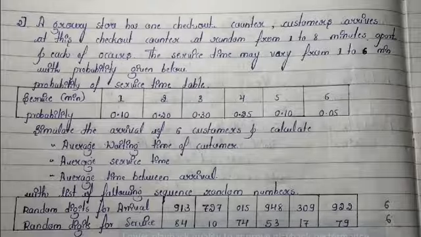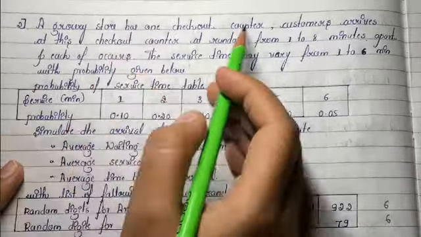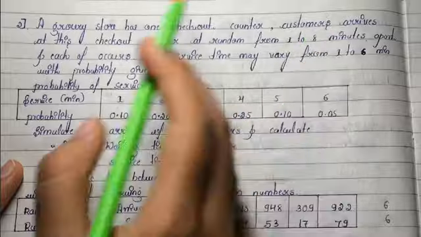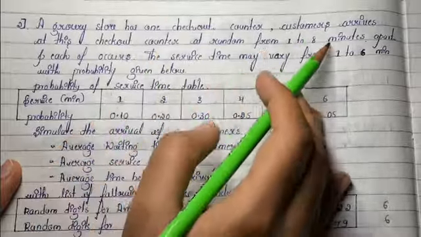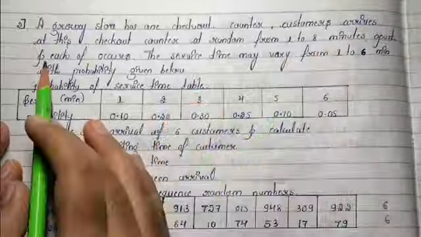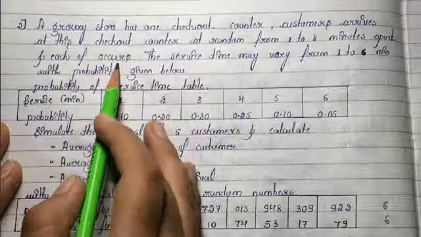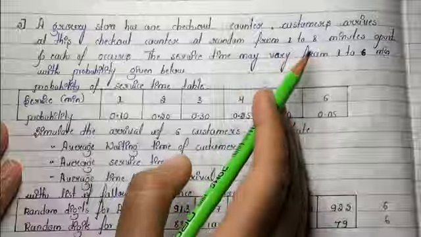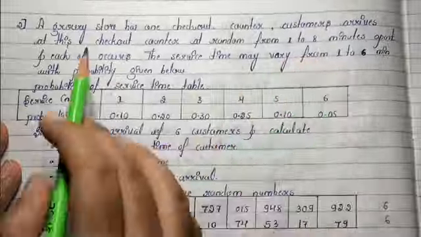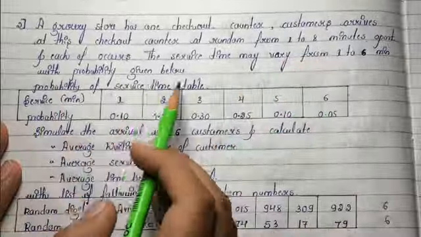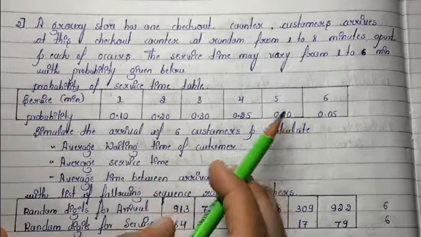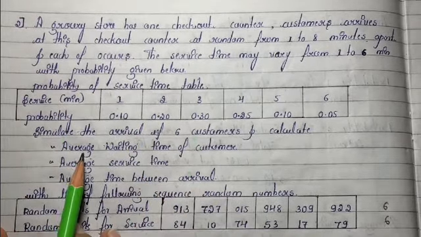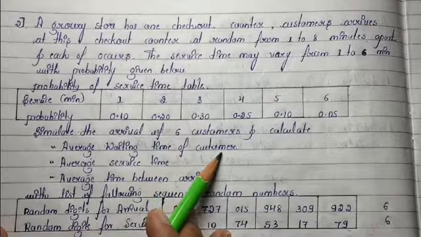This is a question for a single channel queuing system. That is, a grocery store has one checkout counter. Customers arrive at this checkout counter at random, from 1 to 8 minutes apart, and each value occurs. The service time may vary from 1 to 6 minutes with the probability given below. The probability for service time is given here, and we need to calculate the average waiting time of a customer, average